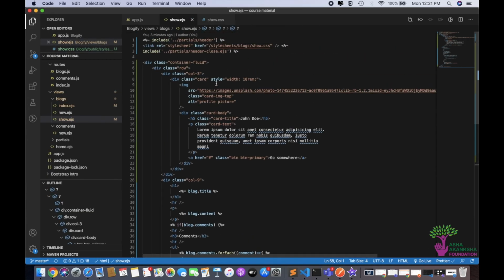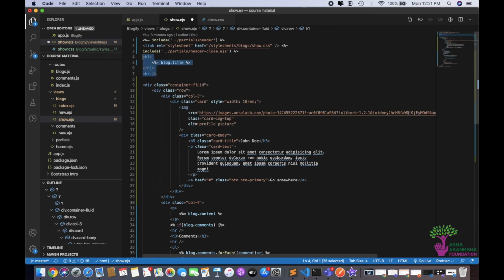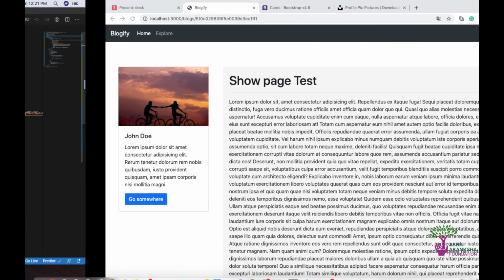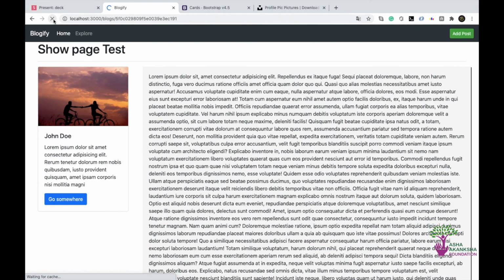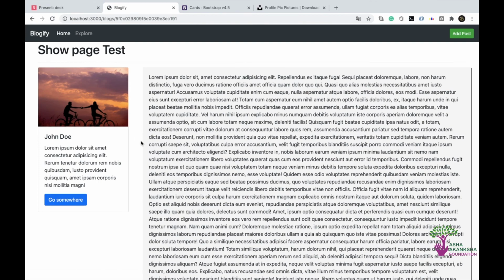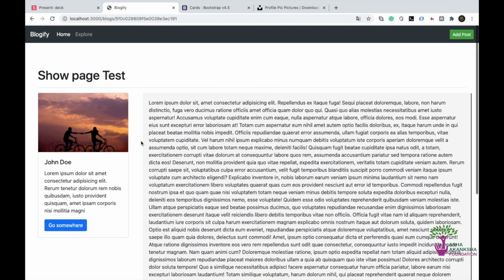So let's try this one more thing, right? Let's just move, where is it? This thing outside the columns and the row inside the container fold. And I think this looks good too, and there's a lot of padding and margin up here. We'll just figure